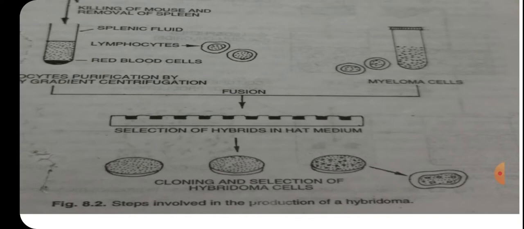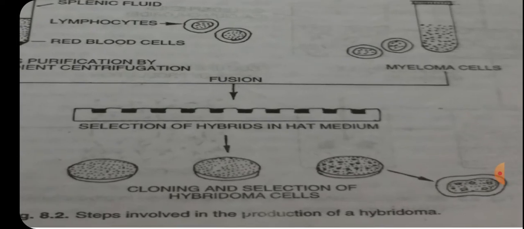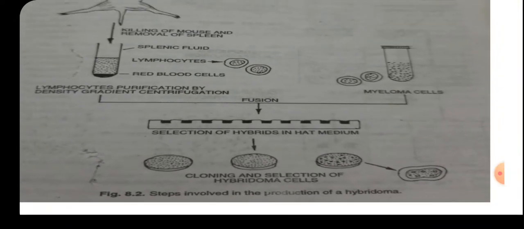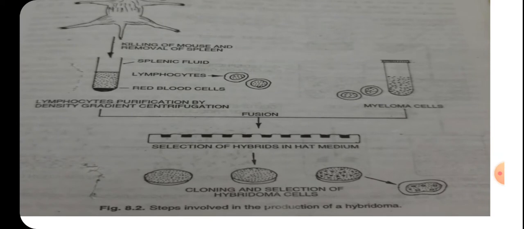After that, monoclonal antibody producing hybridoma cells are isolated by diluting the sample in such a way that each aliquot will contain only one cell, so that a clone of hybridoma cells will be produced, and finally the hybridoma cells will be in pure form. Pure indicates that each hybridoma can produce only one type of antibody, not a group of different types of antibodies.